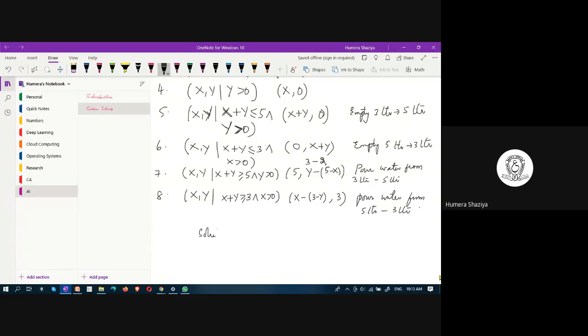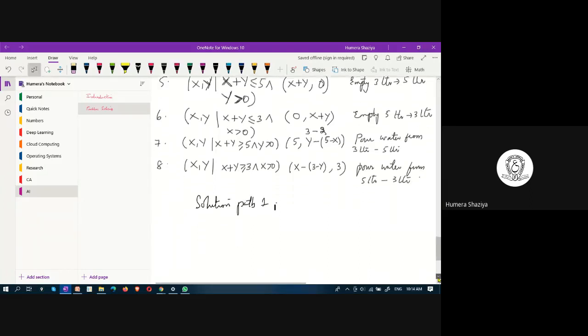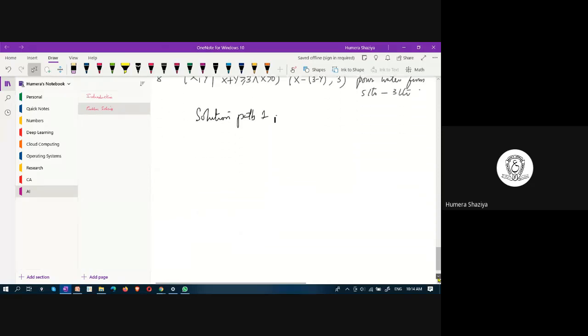Let me build one solution so that you can get an idea and you can go for building another solution. And remember that one problem could have multiple solutions. It's not like that you have only one solution. Solution path 1. First solution we are looking at. In this first solution,